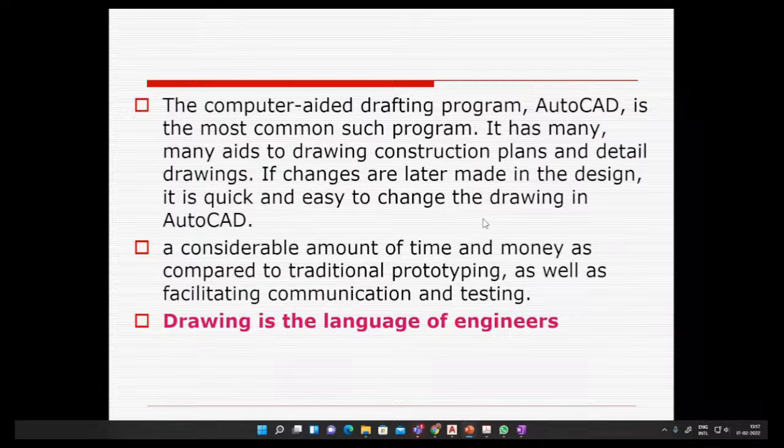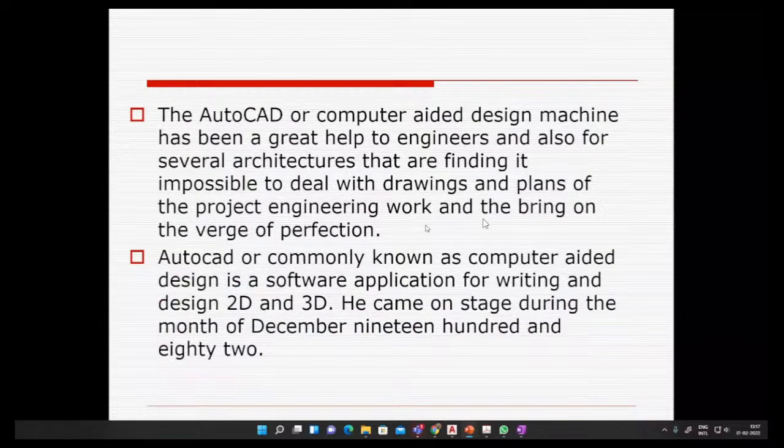But initially you can do segmentation and all those things in AutoCAD. So drawing is the language of engineers. Then AutoCAD, or computer-aided design, has been a great help to engineers and also to several architects,